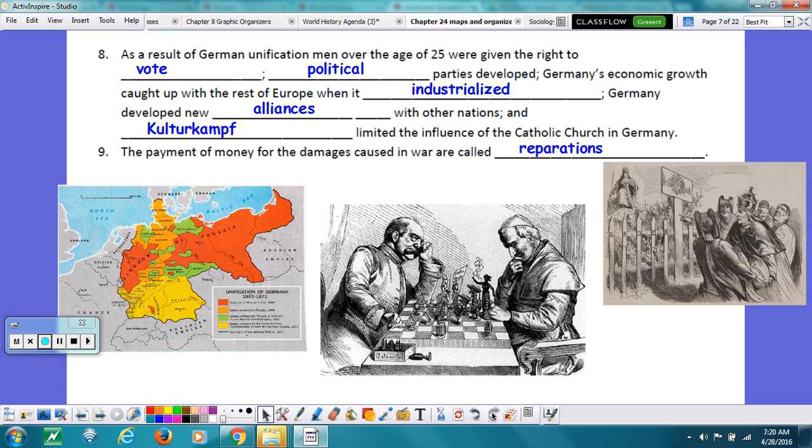All right. As a result of German unification, men over the age of 25 were given the right to vote. You had the development of political parties, and Germany's economic growth caught up with the rest of Europe when it industrialized. Germany also developed new alliances with other nations, and probably the most controversial thing was something known as Kulturkampf,